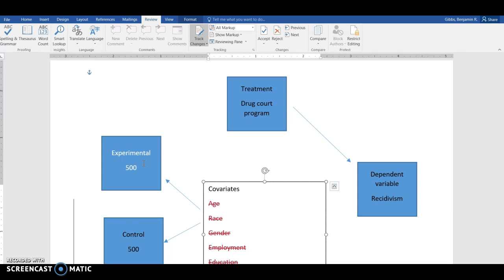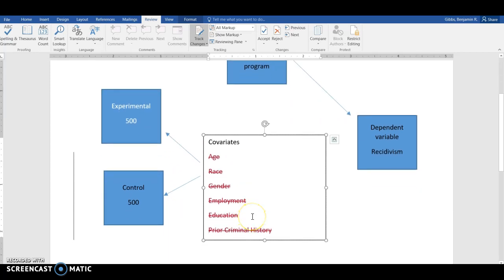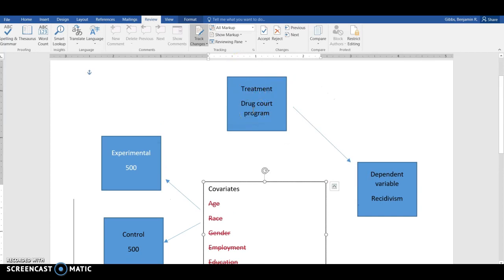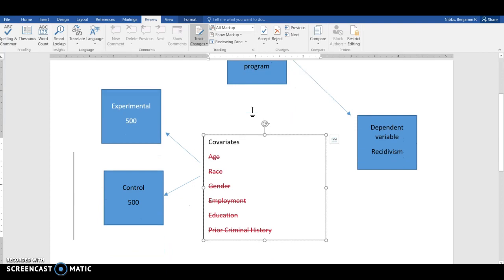So these particular covariates aren't a matter, or do not play any influence on recidivism, because the difference in recidivism between these two groups is now solely based on whether or not they participate in the drug court program. But a key issue to remember is that when you have the experimental design, and what makes